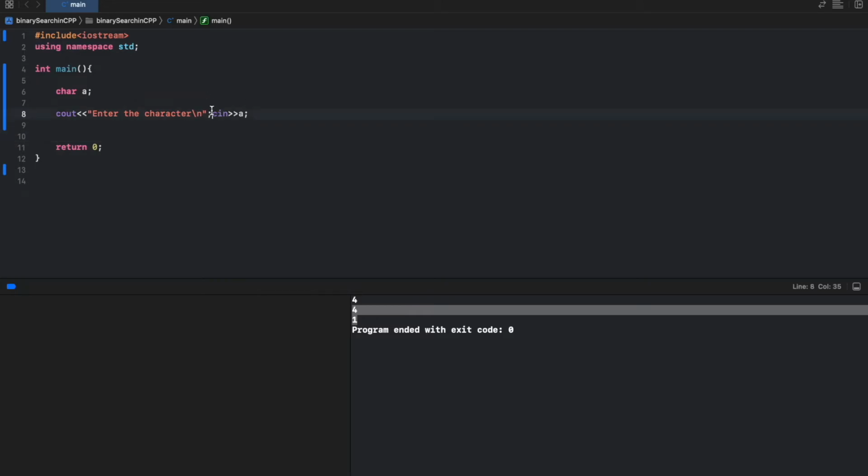Now you can see that the user has given the input. Here it is saved in the variable A. So now we have the character. What we have to do is check whether the character is a vowel or not. So we will write an if condition: if A is equal to 'a',